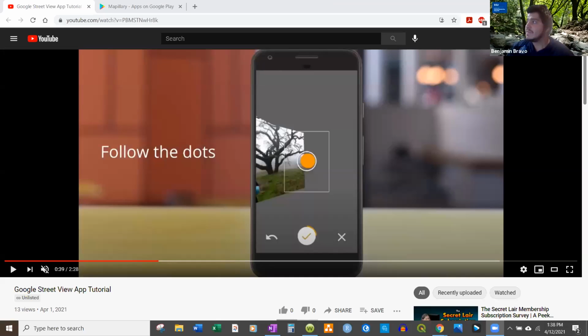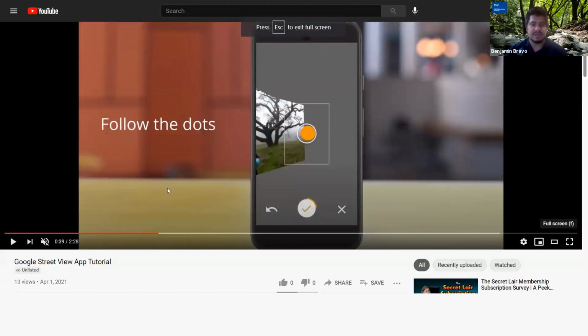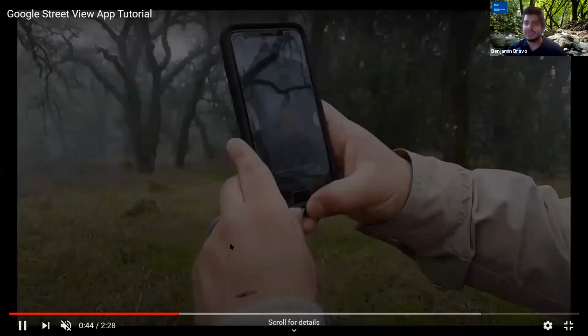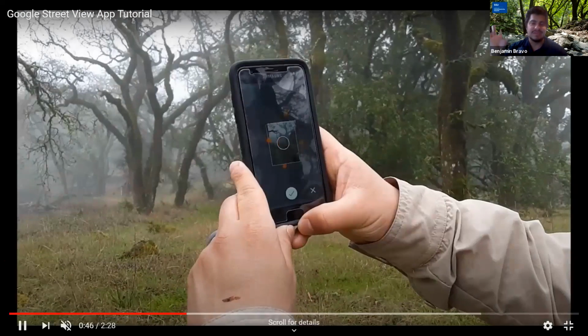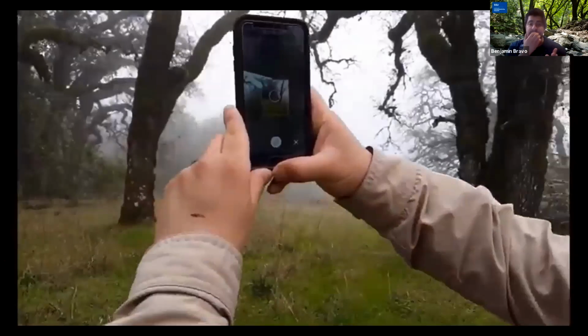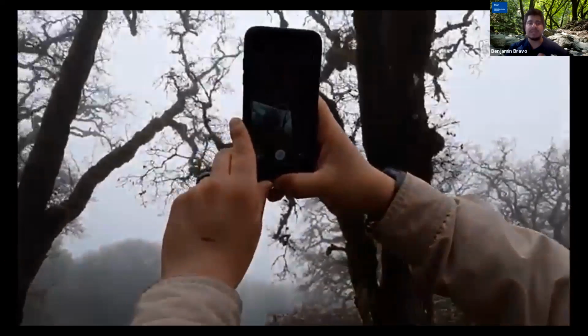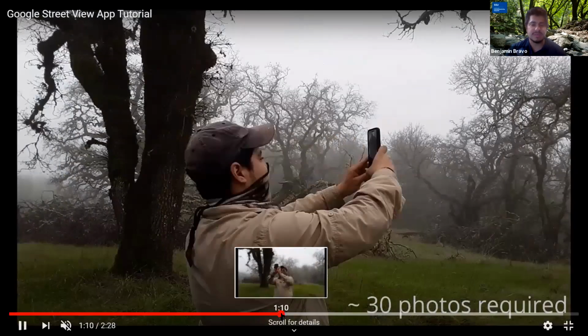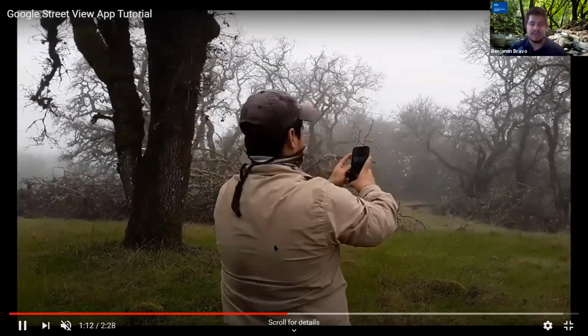One tool that's really good for quickly taking 360 photos, called a photosphere, is the Google Street View. So I'm just going to show you a really brief clip of myself using it. Hopefully there shouldn't be sound because there's irritating background music with this. But you just follow the dot and you take photos on a smartphone app, and you take about 36 photos. I think that's what it was when I counted it. I'm going to skip ahead. And so you take photos all the way around you,